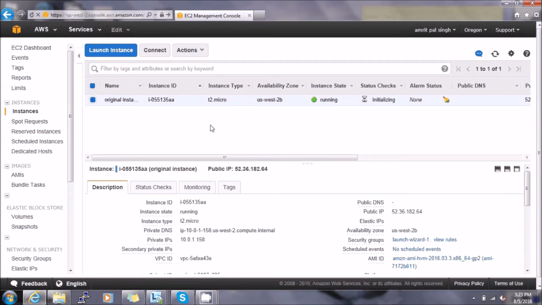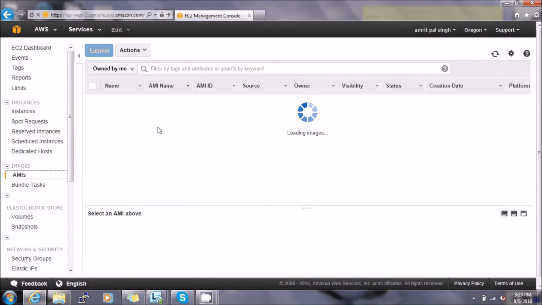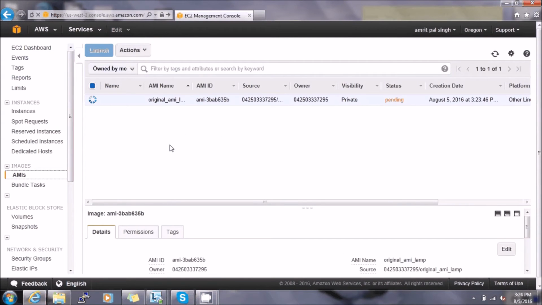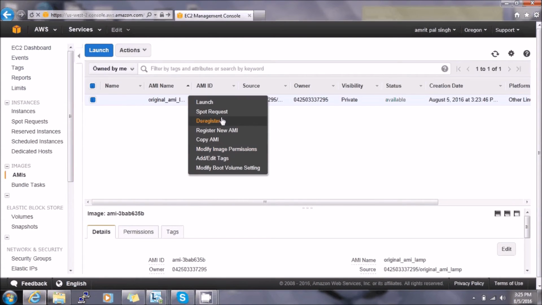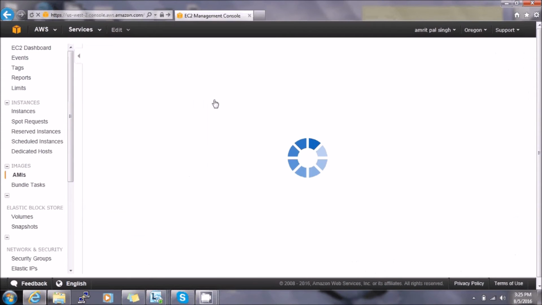Now what is happening is that an AMI is being created for that running instance. I have the EBS volume and the root volume, and my AMI has been created. After creation of the AMI, I just need to right click over it and create an instance out of it. Now my AMI has been created. Let's see what I can do. Right click over it and launch it.